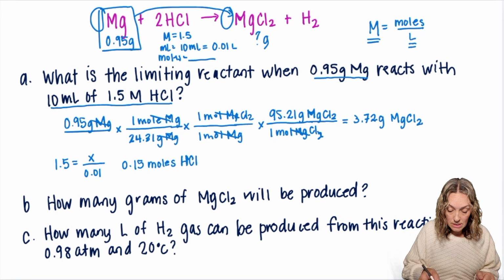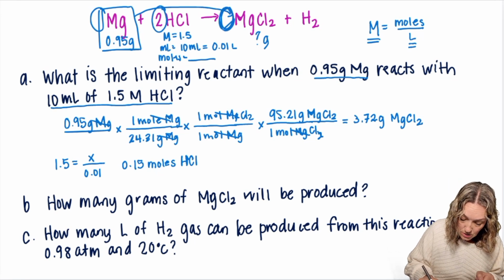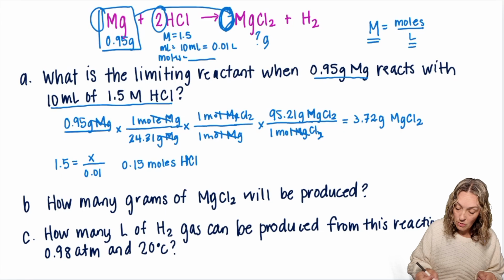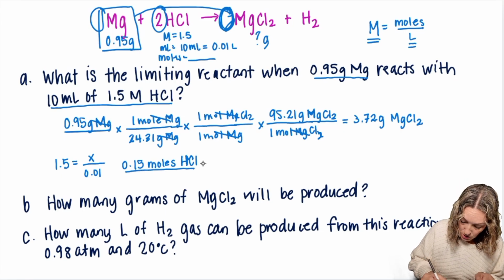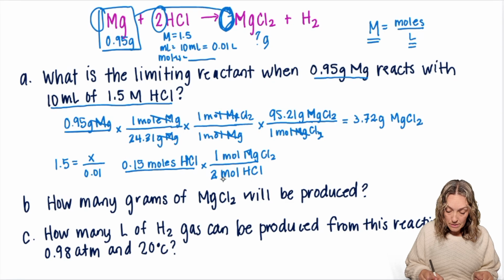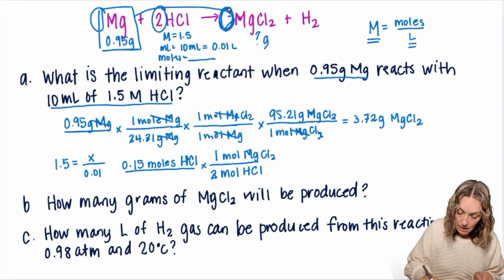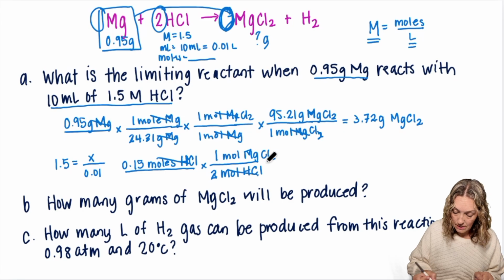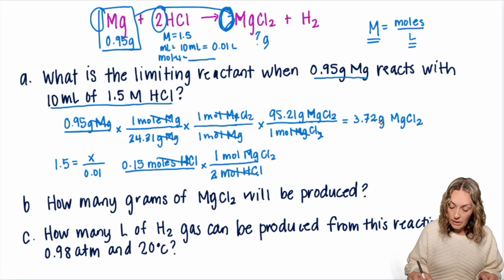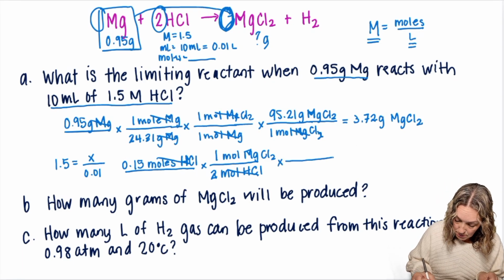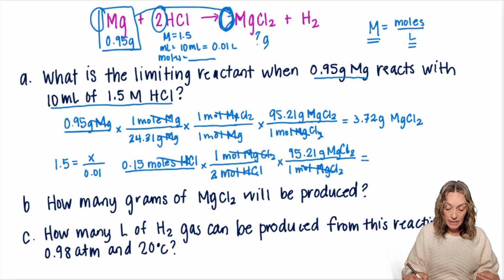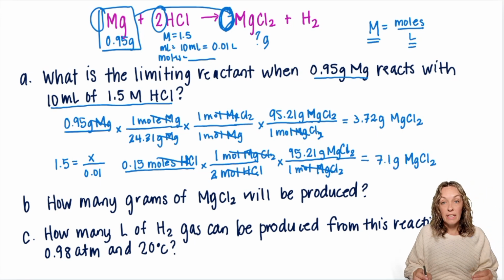Now that I have moles of HCl, I'm ready to use the 2-to-1 ratio from my balanced equation in order to figure out the grams of MgCl2. For every 2 moles of HCl, the balanced equation tells me that I'm going to produce 1 mole of MgCl2. But I want to make sure that I have the same unit and the same substance in both of my stoichiometry problems so that I can directly compare them. That means I need to go one step further and change my moles into grams. I know that 1 mole of MgCl2 is equal to 95.21 grams. When I multiply everything on the top together and divide it by everything on the bottom, I get 7.1 grams